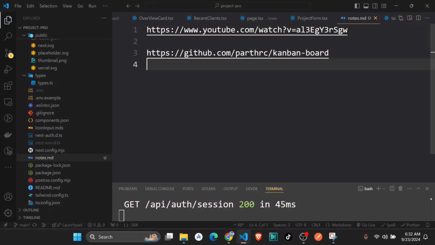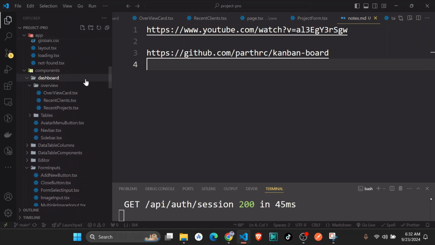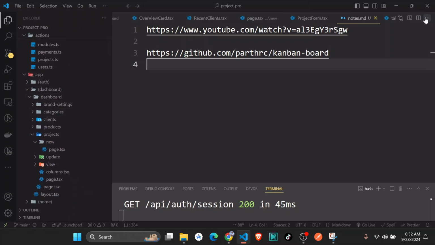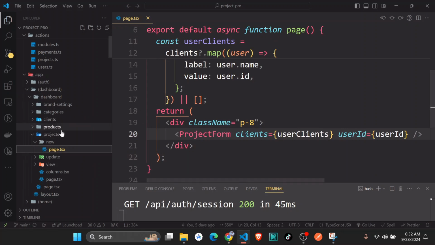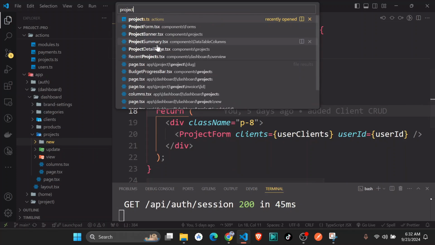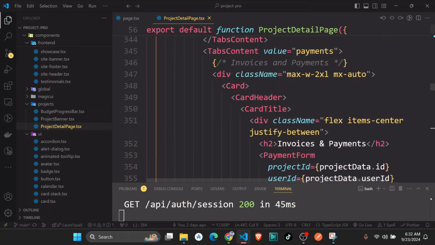Instead of project summary, it should just read project modules here. So I can quickly close all the tabs, and let's go to project detail. I think this is called the project detailed page, and we just go to where we have the tabs,